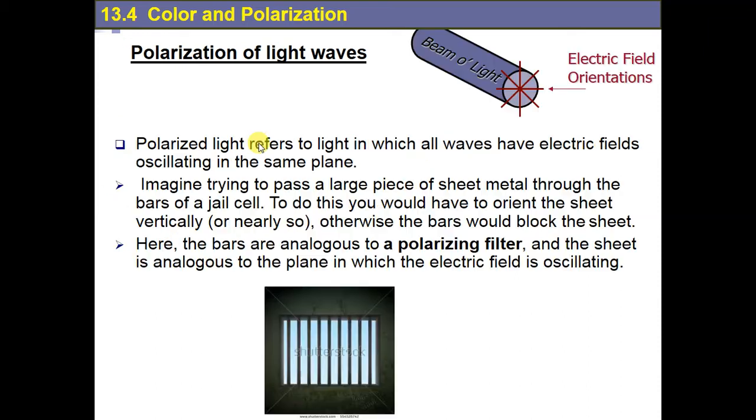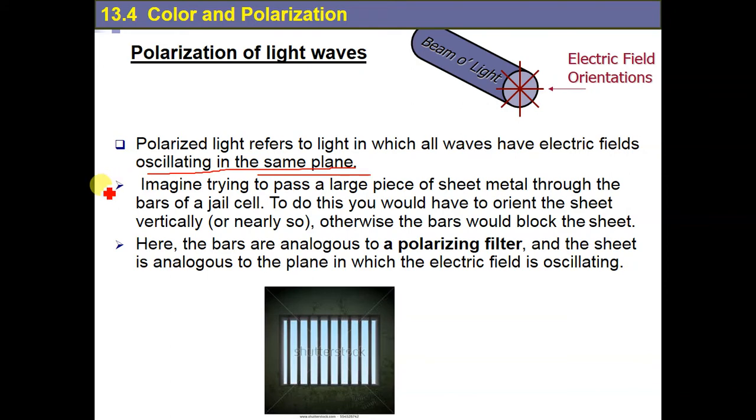Okay, so in this way, which is transmission, we will use a polarizing filter. For sure you heard about it before. We use the polarizing filter to polarize light, to make all the electric fields that come into our eyes in one direction. Polarized light again refers to light in which all waves have electric fields oscillating or vibrating in one plane,